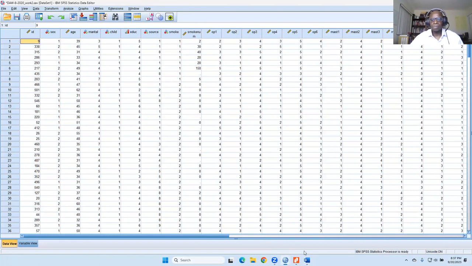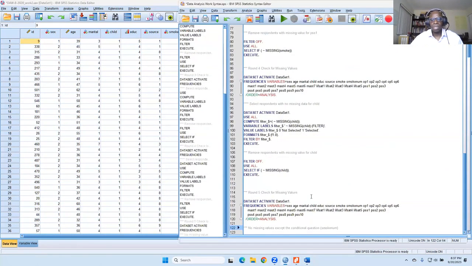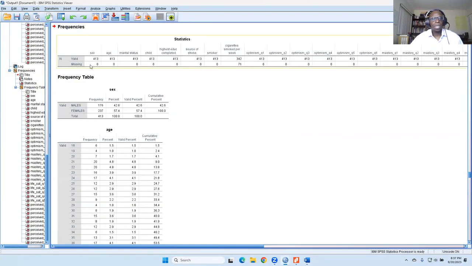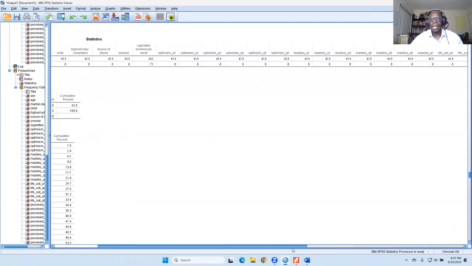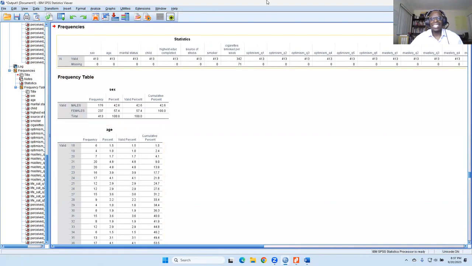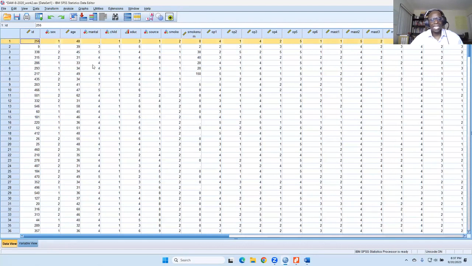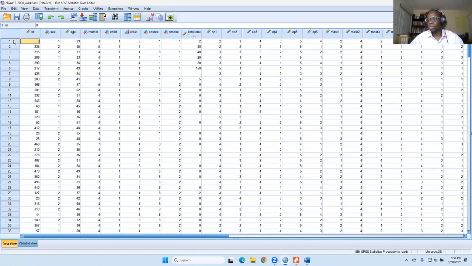Then we can just run this again just to make sure. Yeah, so there are no missing. So what I did as a shortcut, let me just show you. All I did is highlight it and click the delete key on my computer. You have to highlight the entire row by clicking it here, and I just deleted them because there was only one. That's just a really quick way to do it.